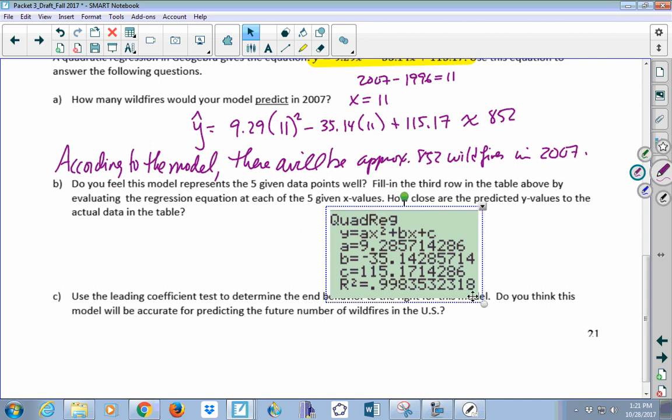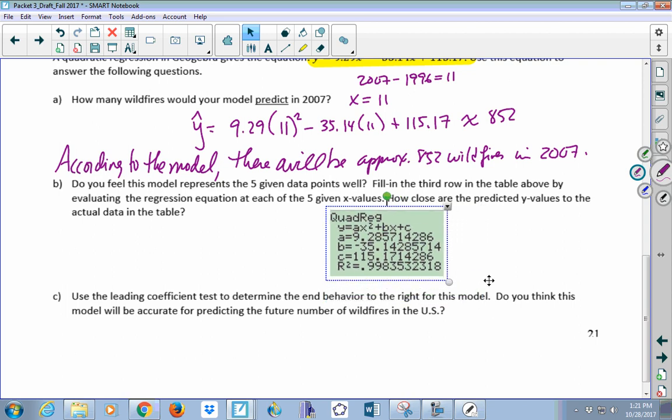Okay, so the next question is asking us to use some of the information we learned in the last few lessons about the leading coefficient test to determine the end behavior to the right for this model. So we're thinking about going into the future. Do you think this model will be accurate for predicting the future number of wildfires? So let's take a look at the leading coefficient, which is 9.29. So the leading coefficient is positive,